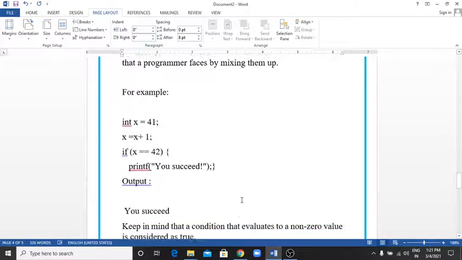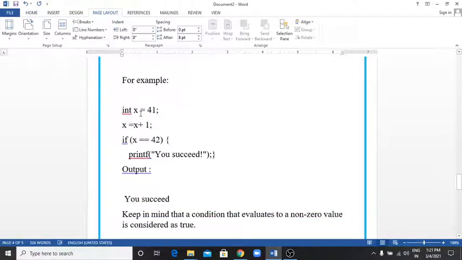So for example, suppose here a variable x of integer type, I assign the value 41 to that variable x, and I increment x by 1, and check here, if x == 42, then printf you succeed. When this code is executed, the output will be you succeed, because the value of x is 42 now.